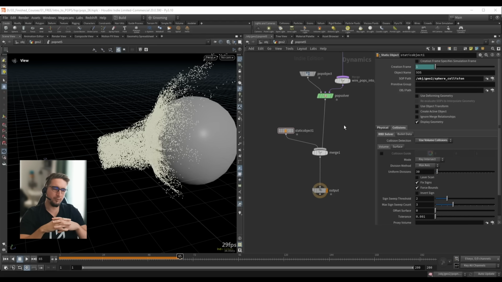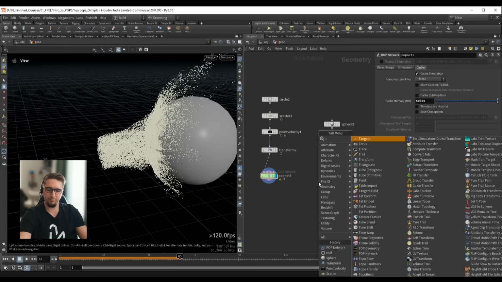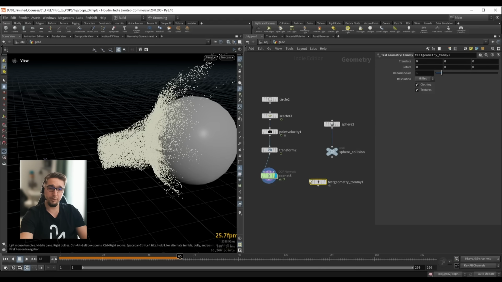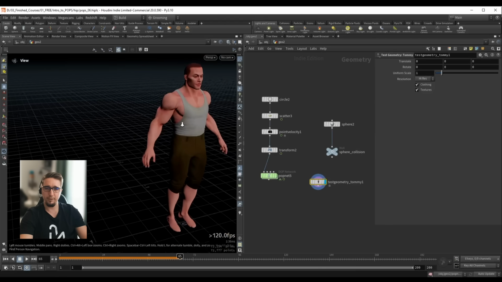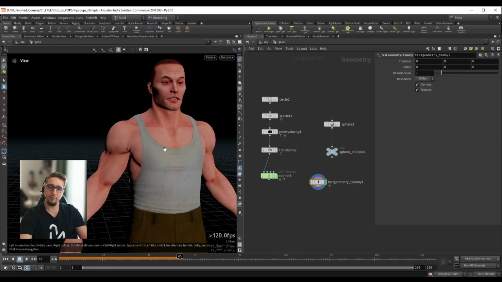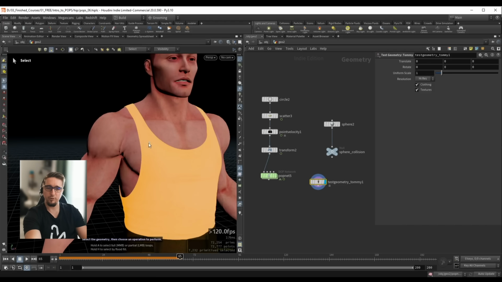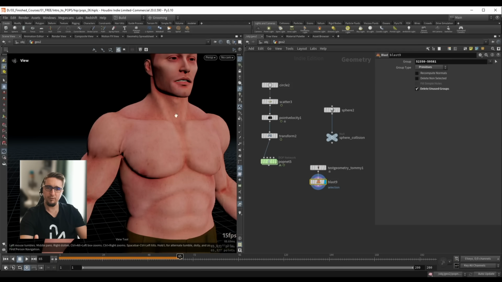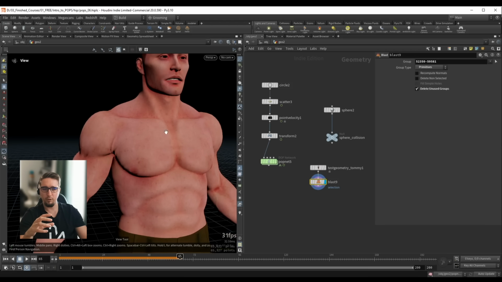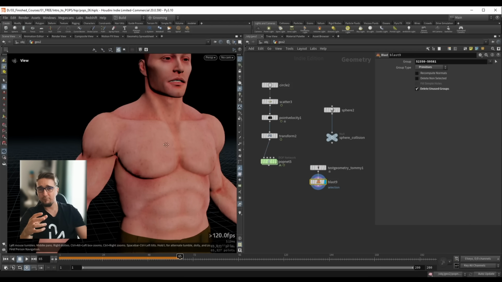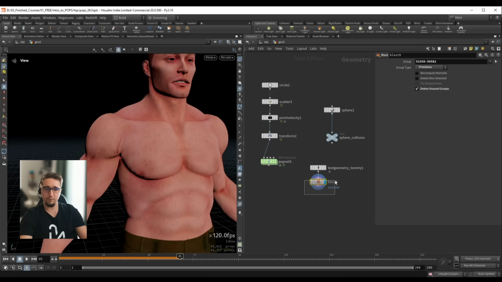And with volumes, when you turn a collision object into a volume, you don't have to worry about multiple layers of geometry. So for example, if I drop down the test geometry Tommy object and take a look at him, we have this character, and this mesh is made up of multiple meshes. If I look at my shirt, I can delete this and we can see again that he's made up of multiple objects. So if we are using surface collisions, this can get a little bit messy,